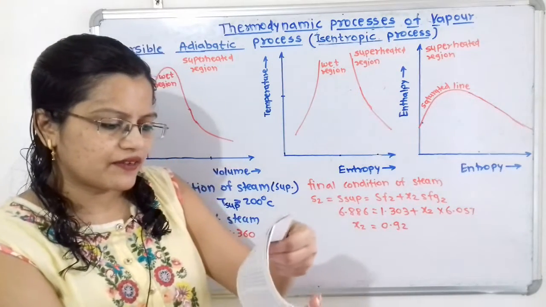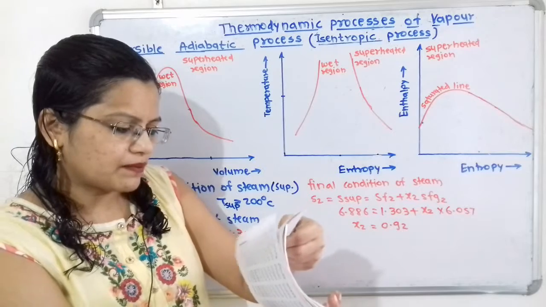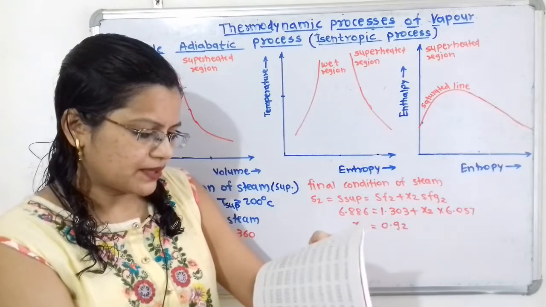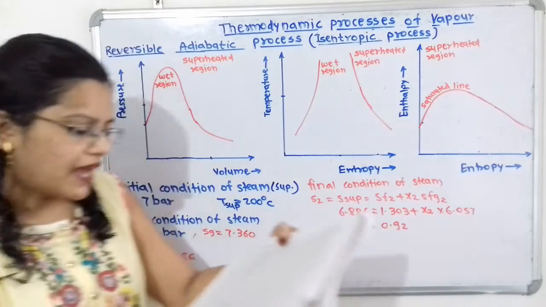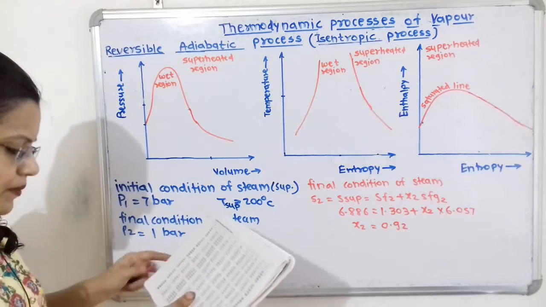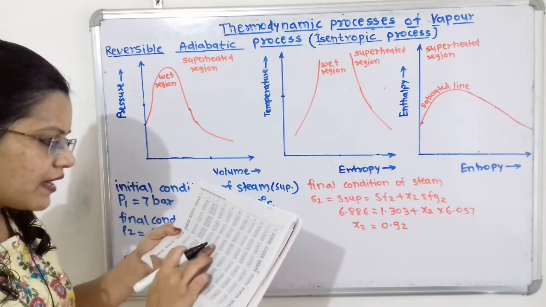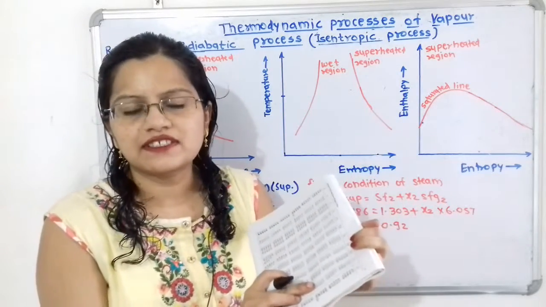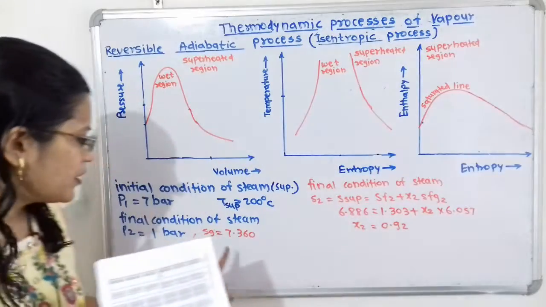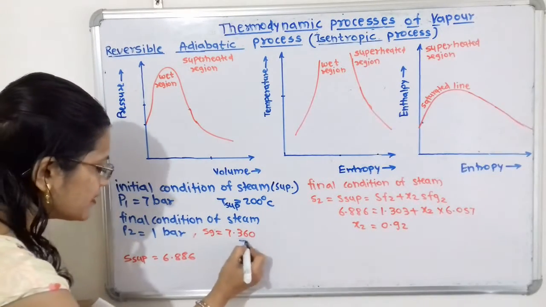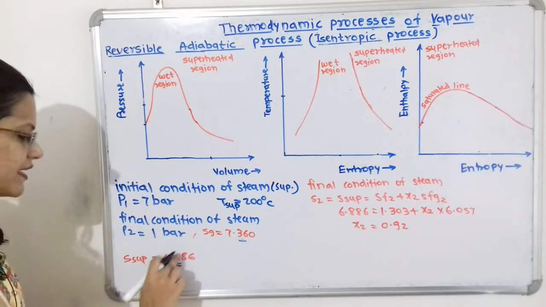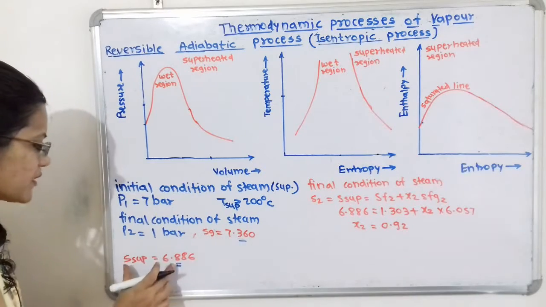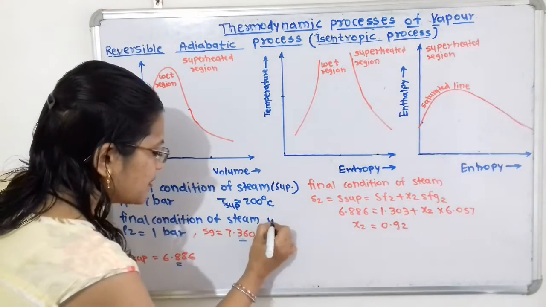So we will again refer to the pressure table for 1 bar. Here is the pressure table for 1 bar, and now we will compare with the superheated entropy. For this 1 bar pressure table, the entropy of dry and saturated steam is 7.360. If we compare this 7.360 and 6.886, then this entropy is less than that of dry and saturated steam. That means we can say that the final condition of steam is wet steam,